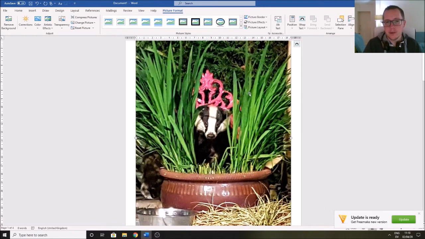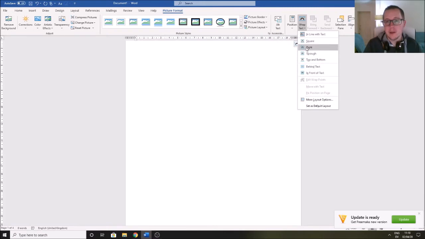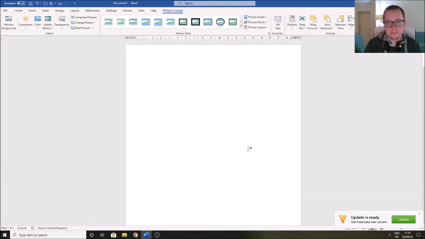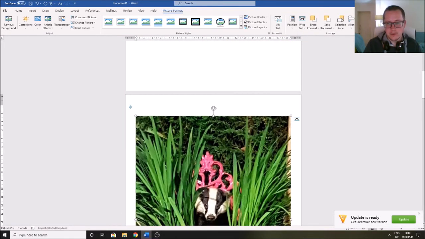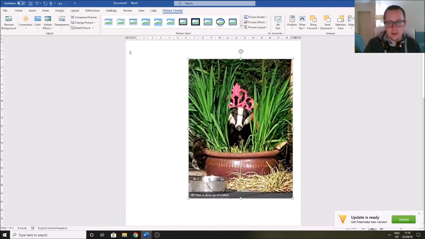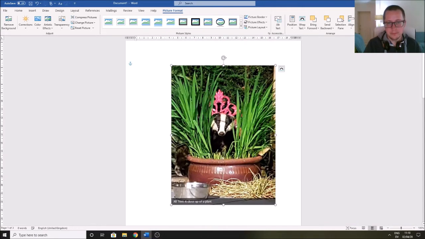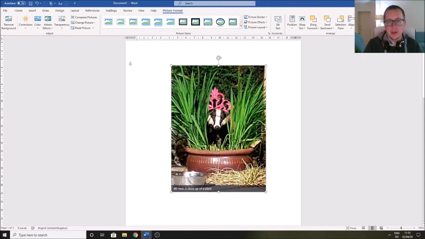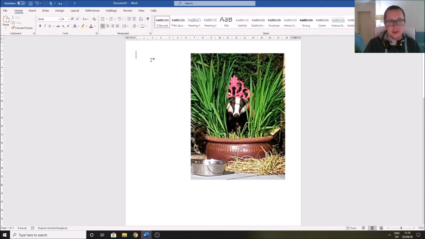So if I double click on that, and then click on Wrap Text, there are various different options. So you can put it behind text that's on the screen. I tend to use Tight most of the time, and that's just vanished. It's gone on to the next page, but it means that I can click and drag to resize it, and I can move it around on the screen and pop it wherever I want. So Tight basically means if I had a load of text on there,